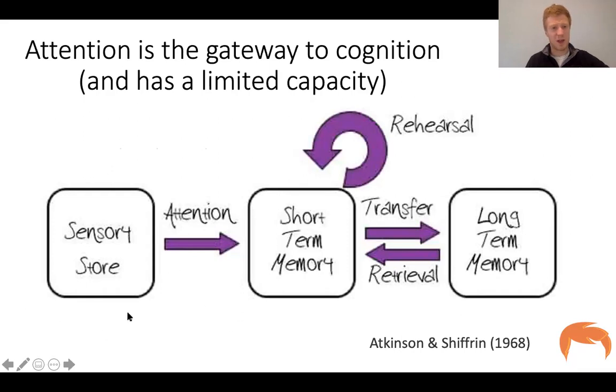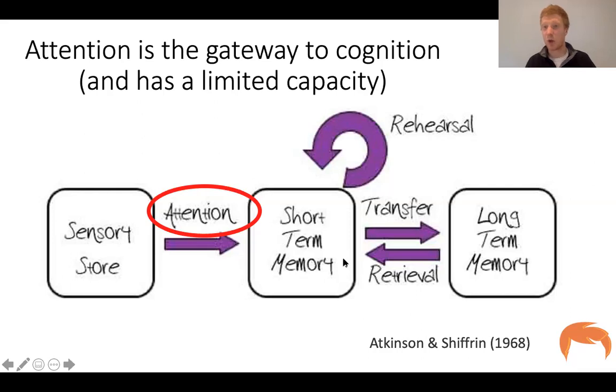So this first store here, hopefully you can see my mouse, illustrates the senses. Basically, this is information that comes into our 5 senses from the environment. And this box here, which is called short-term memory, we would now more commonly refer to as working memory, is where we start to process it and we can start to do more interesting things with that information. And what you can see is that in order for any information to pass from the senses into short-term memory, and then of course on into long-term memory, and indeed for it to then be able to be retrieved from long-term memory back into working memory,